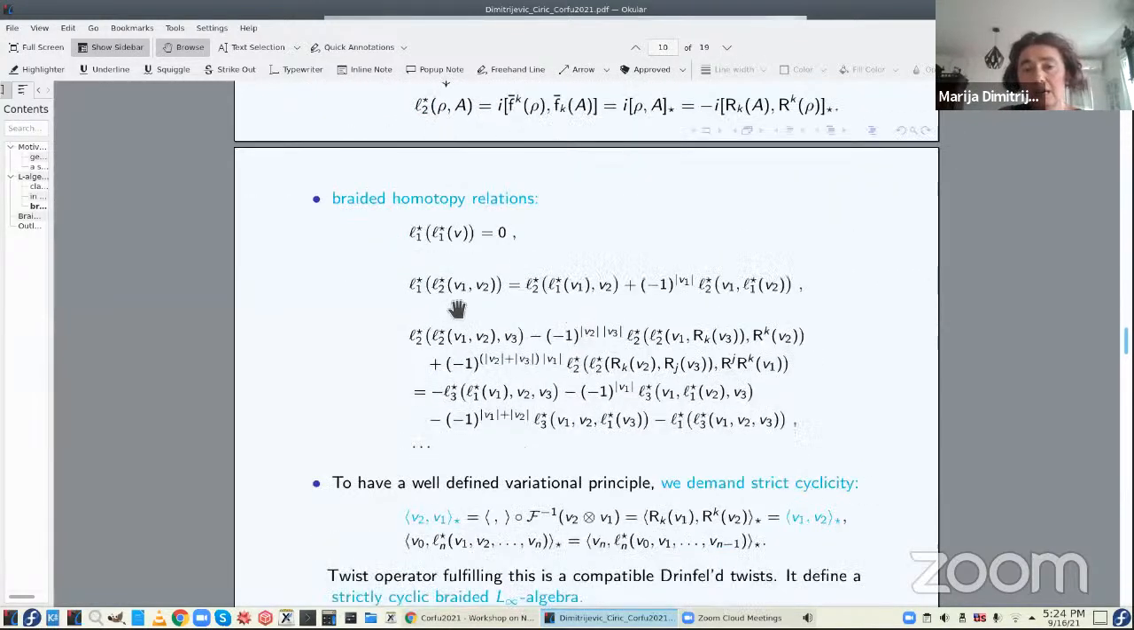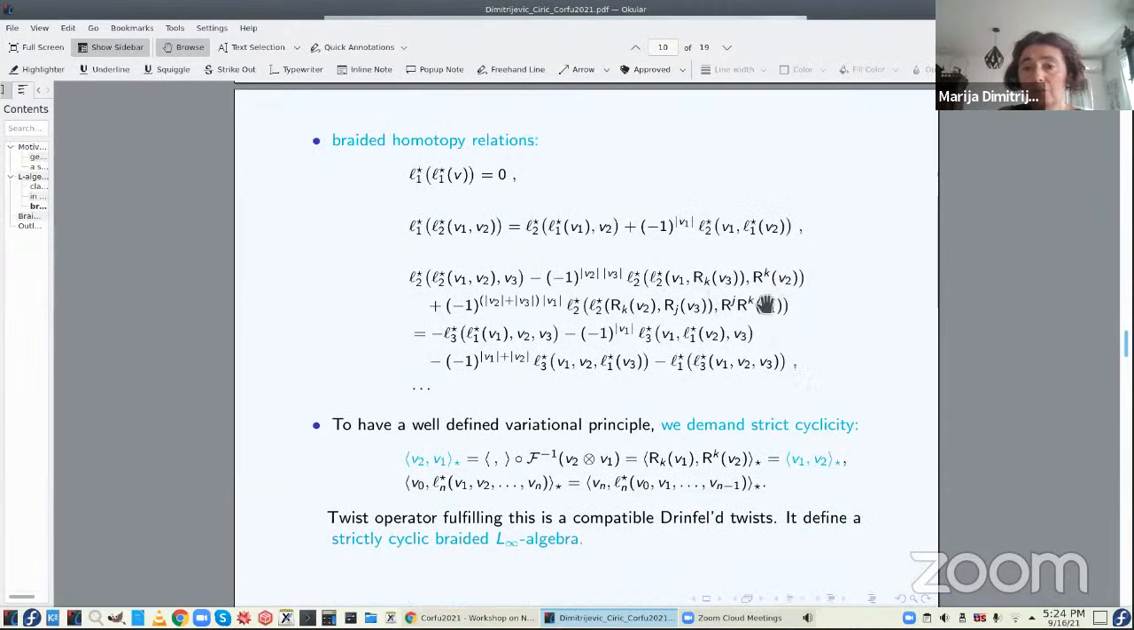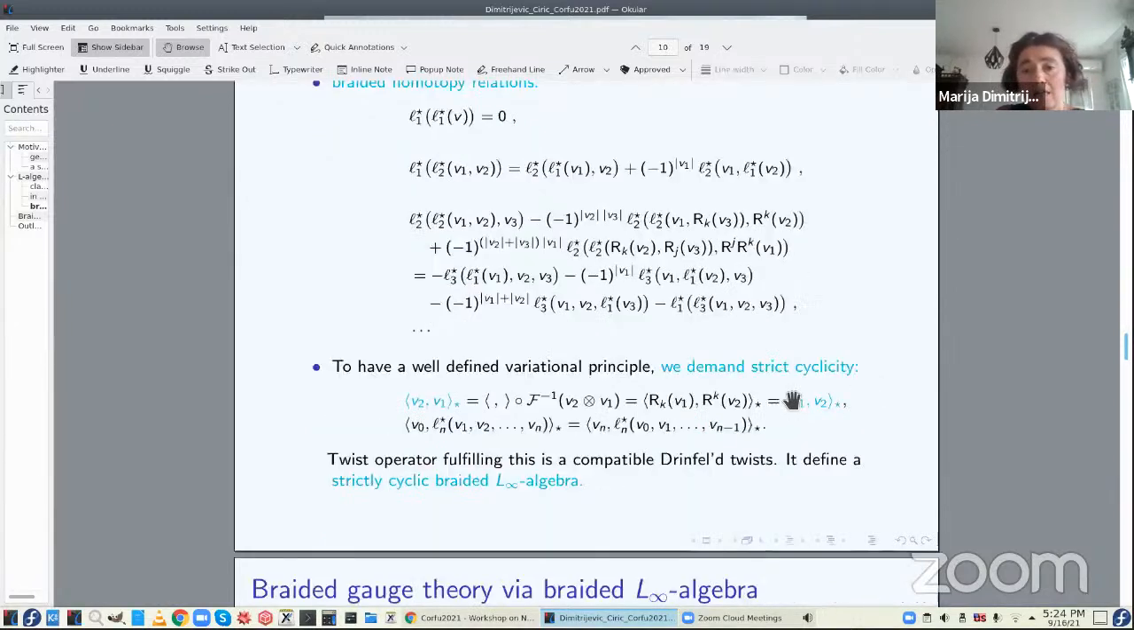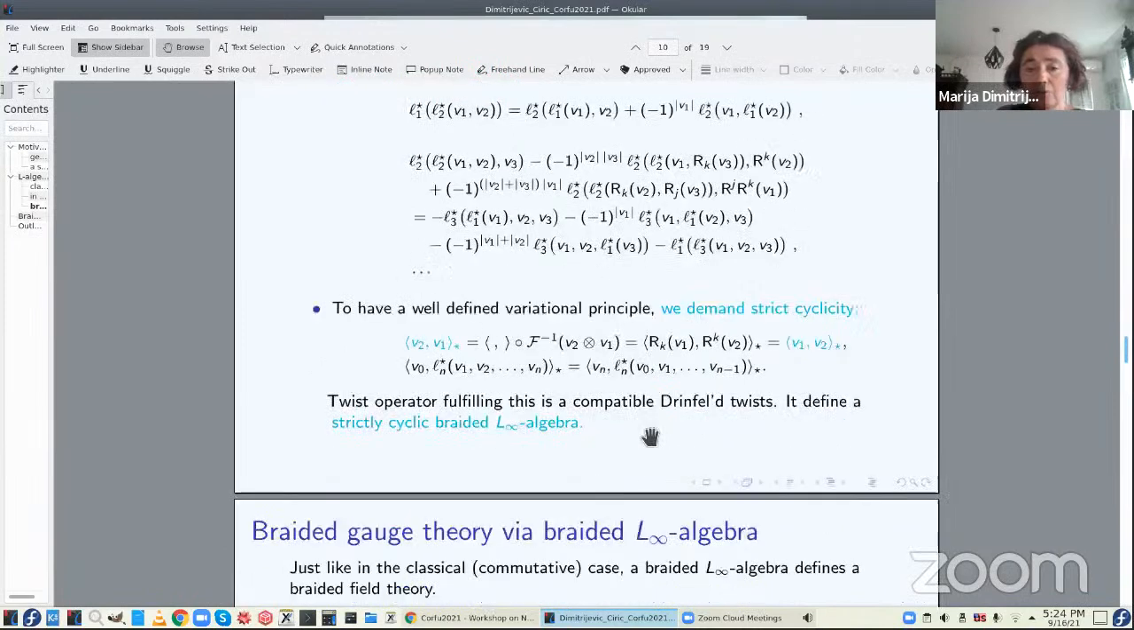Homotopy relations also change. The changes you don't see in the first two homotopy relations. In the third homotopy relation, there are some R matrices appearing there depending on the order of the fields. Like when you commute 3 and 2, there is an R matrix and so on. And the cyclic pairing also has to be defined